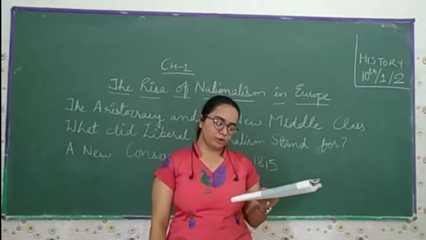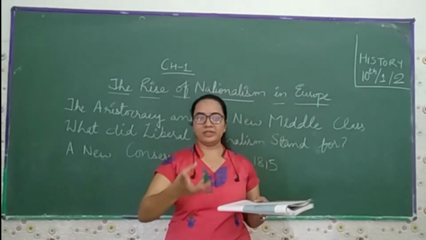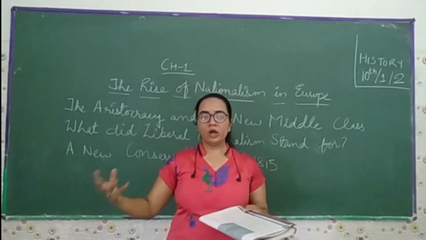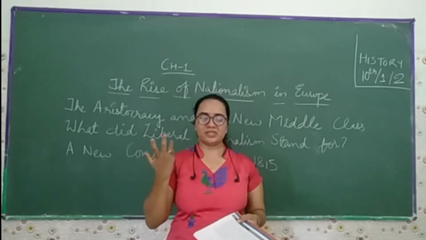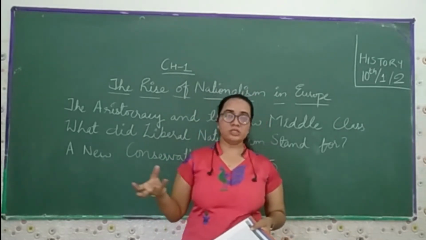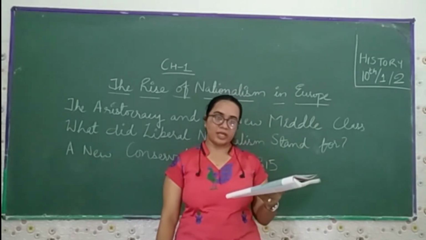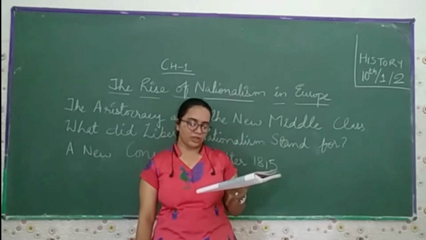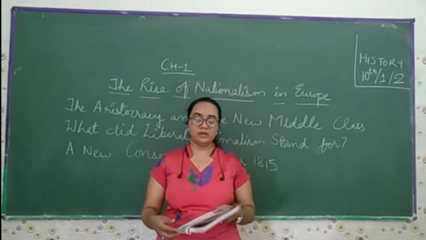To the west, the bulk of the land was farmed by the tenants and the small owners. So we're talking about the tenants, the people who owned the small land on which they used to do different kinds of work. You can say farming, you can say animal rearing. All this work they used to do over there. Then in the eastern and central Europe, the pattern of landholding was changed by the vast estates which were cultivated by the serfs.